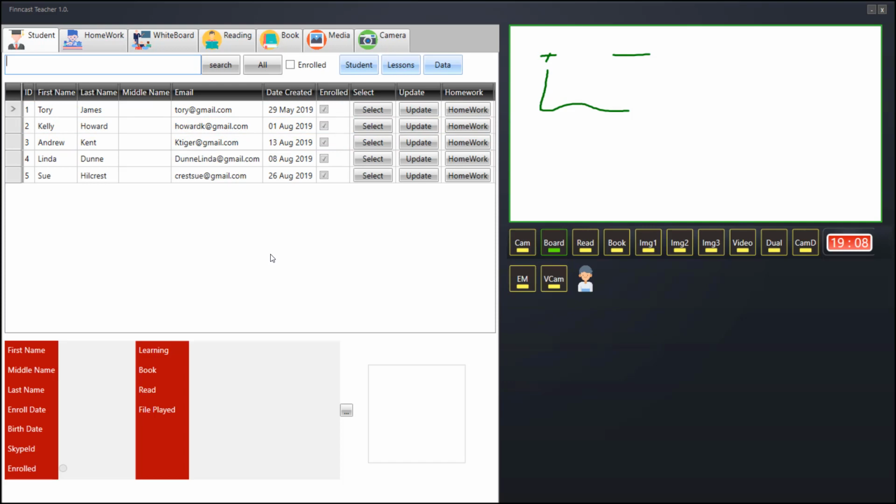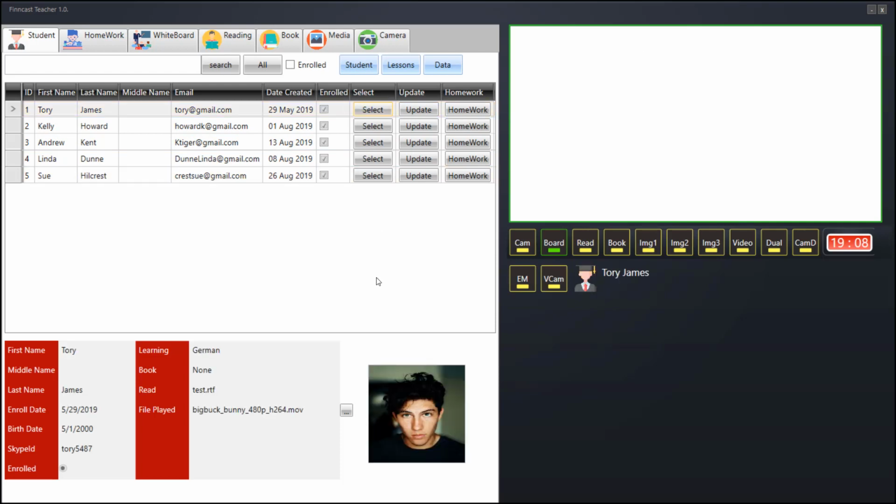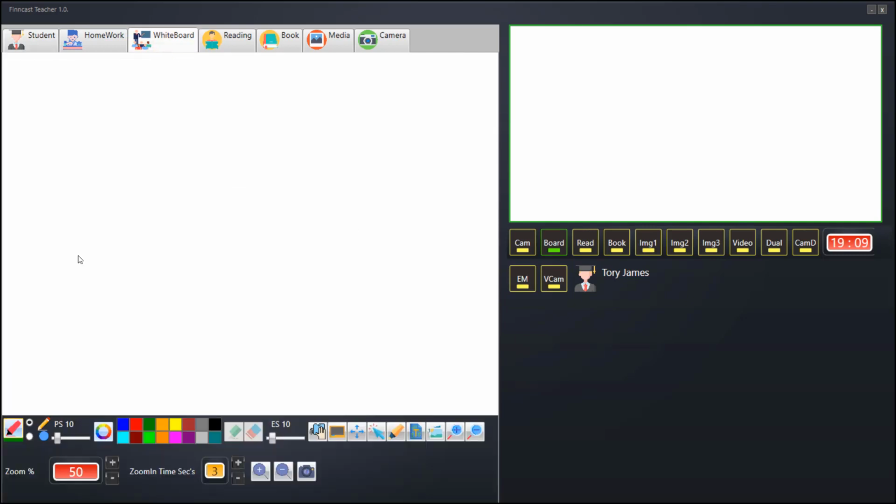So before you have a lesson with a student, it's advisable to have that student created in your database in Fincast Teacher as a student. When you select that student, that means anything that we do from here on in for that student will be associated with that student. As an example, going back to the whiteboard,